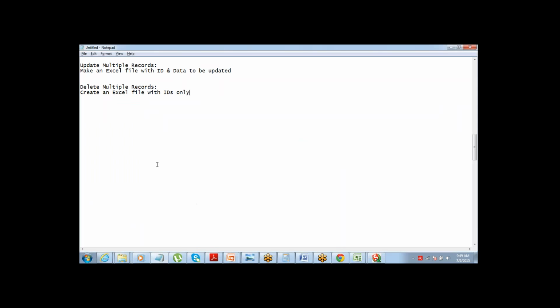All right. So we have seen how we insert the data, how we update the data, and how we delete the data from the database. Now the next thing that we're going to talk about is an export. What is export? Export is basically taking out the data from Salesforce to an Excel spreadsheet or a CSV file. Not deleting the data, just taking a copy out in a CSV format.